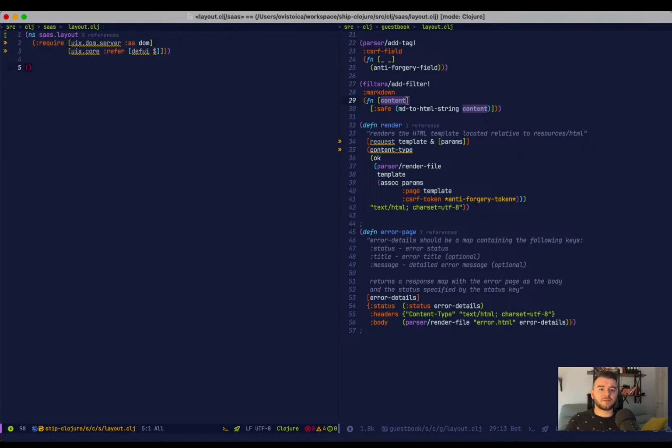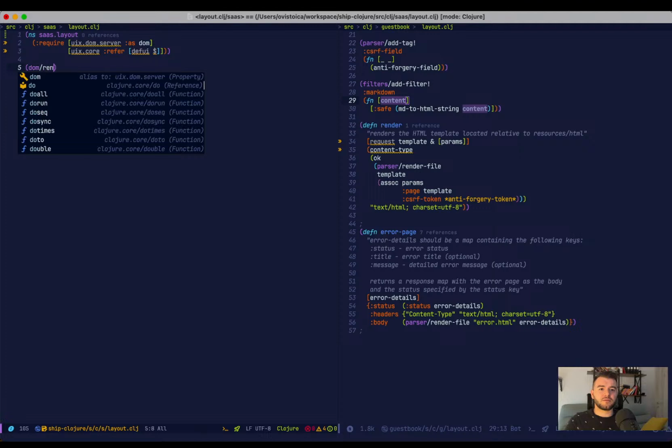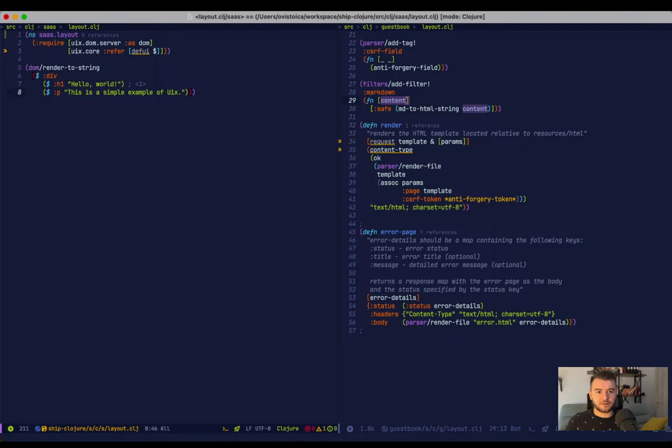Alright, let's see. So now I want DOM render to string. Okay, yeah, that works, but actually what I want is to say HTML. Yes. Okay. And